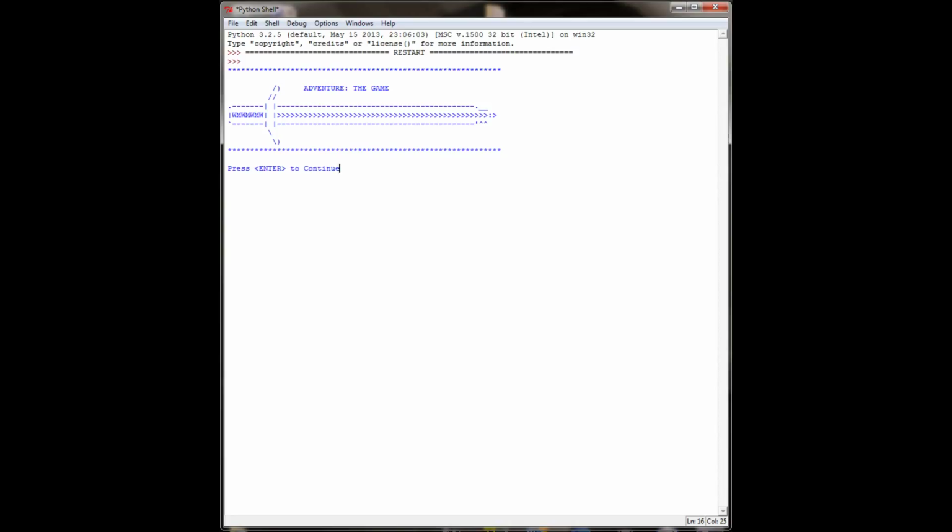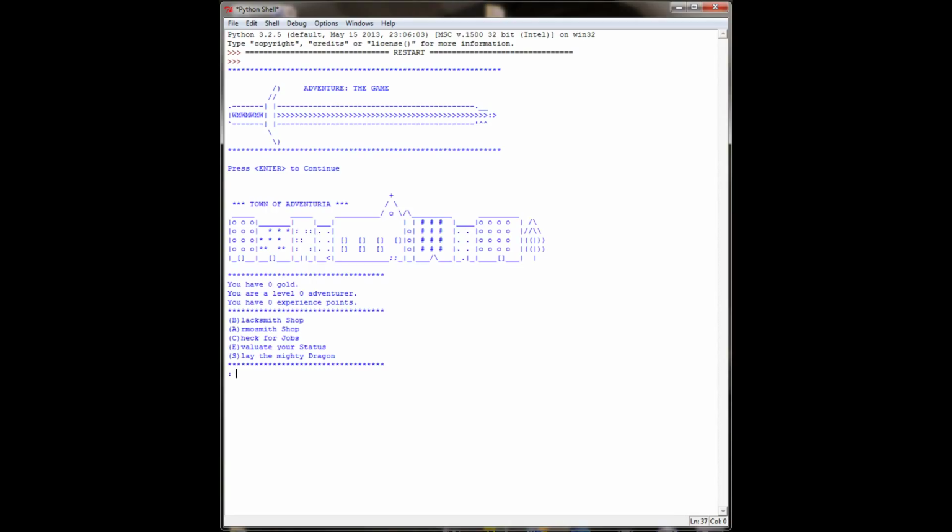The only thing that makes this game challenging is there's a lot of logic to follow and a lot of things to keep track of. It's a more advanced version of the In the Realm of the Dragon game, but you'll definitely be able to program this, and we'll even look at how some of this stuff is generated after we're done taking a test drive of this game. I'm going to press enter to continue, and immediately you can see I've created a title